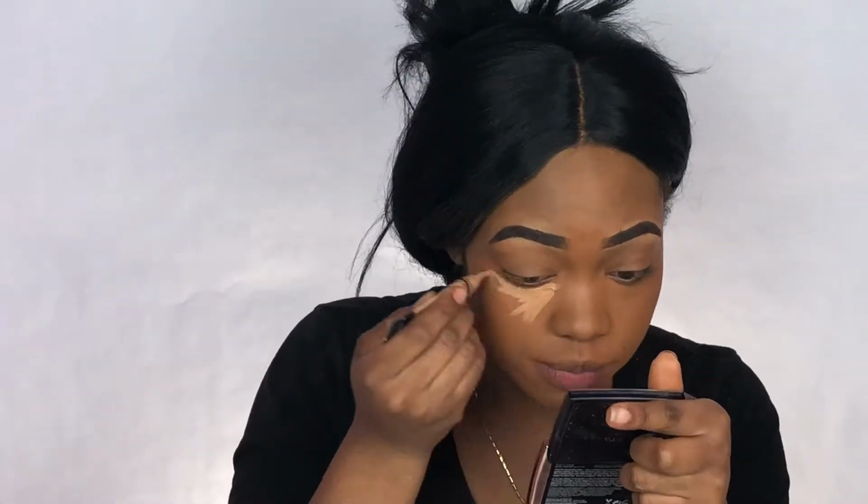All right, so next for the highlighter, I'm going to go in with my LA Girl Pro Conceal, and this is in the shade Cool Tan. We are just going to highlight, finesse all this, because it's about $3 to $4, depending on where you get it from. Places like Ulta try to charge you $7, and I'm like,